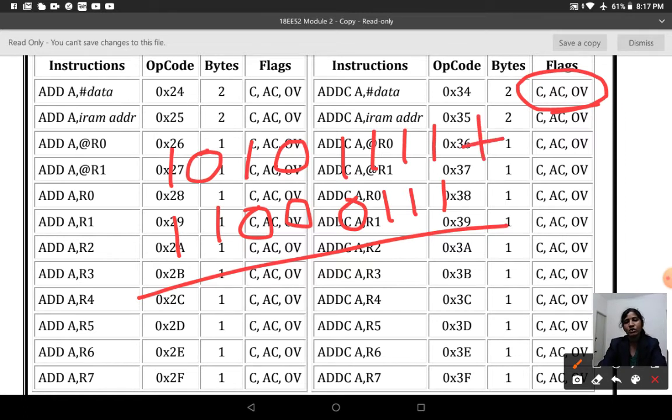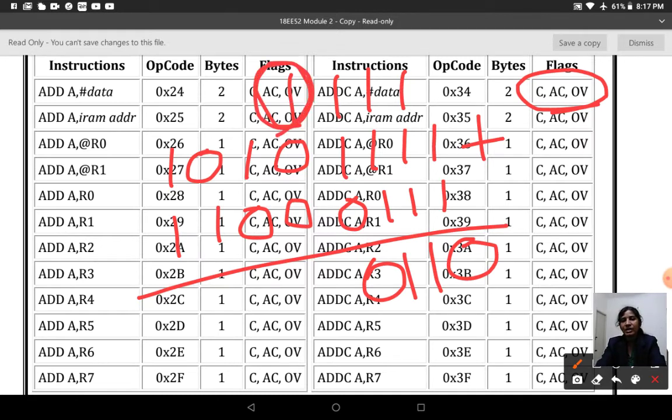When you add these two, 1 plus 1 is 10, carry 1. 1 plus 1 is 10, 10 plus 1 is 11. So this is your auxiliary carry bit. That is, if any carry passes from the 3rd bit to the 4th bit, then that is going to be your auxiliary carry.